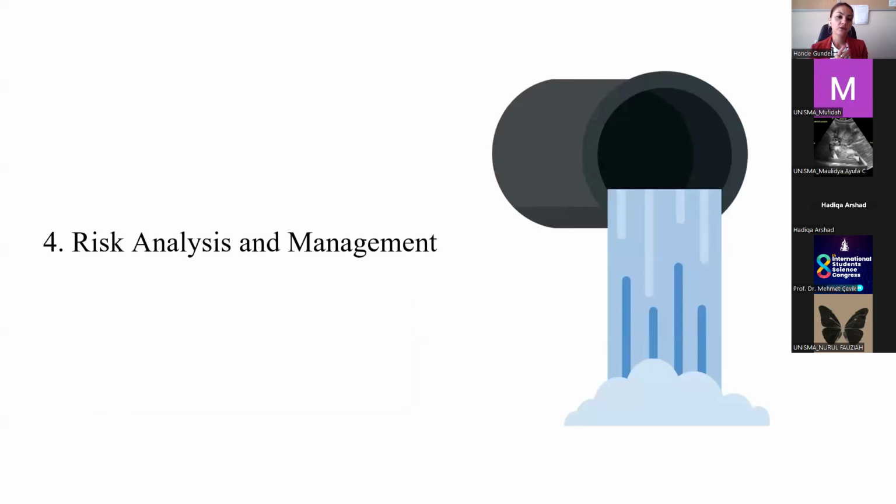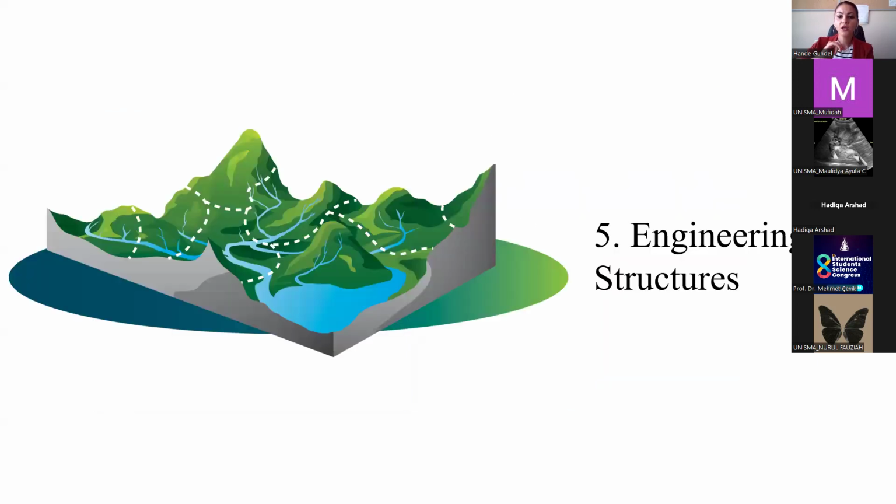And the fourth one, risk analysis and management. High flood risk areas should be identified and additional precautions should be taken for structures to be built in these areas. Emergency plans to be implemented in case of floods or overflow should be created, and the people of the region should be informed. And the fifth one, engineering structures: in areas with high slopes and high flow rates, water